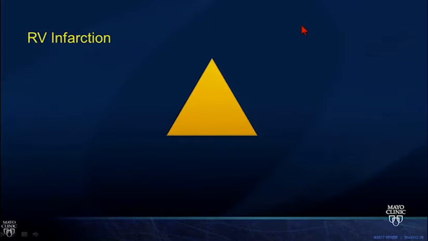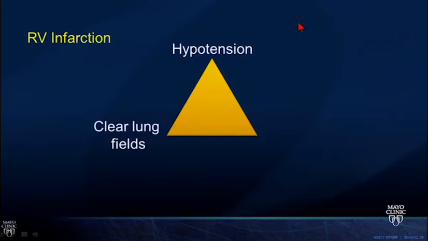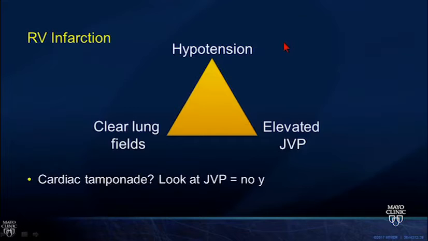There's a classic triad that you should recognize. Patients with RV infarct present with hypotension, clear lung fields, and elevated JVP. Now, this may be a familiar scenario from some of the pretest questions, and sometimes this can be confused with tamponade. But use your exam to help you out. That right-sided S3 goes along with RV infarct, and you can also look at the neck veins. In an RV infarct, you'll have a preserved Y descent, whereas in tamponade, you lose that. So in other words, you lose your Y before you die, okay? Lose your Y before you die, loss of the Y descent makes you think tamponade.